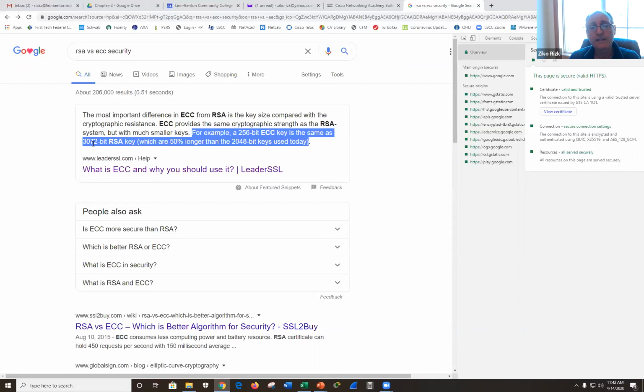And this is important for us to talk about in this course because we rely heavily on these keys to accomplish the security that we want. And yes, we want a secure key, definitely. And if we can get the same level of security with a shorter key, then we certainly want to use the shorter key because it's much more efficient, especially if you're relying on that key for all kinds of confidentiality purposes.